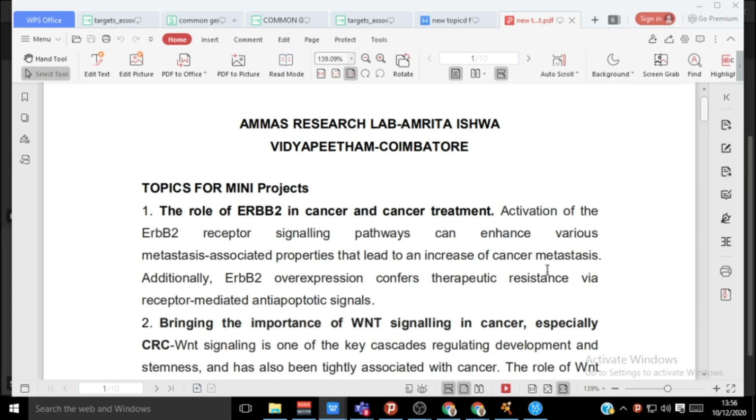The role of ERBB2 in cancer and cancer treatment. So what we have to do is, as mentioned, the activation of the ERBB2 receptor signaling pathway. So the pathway is going to be ERBB2. So this way, what we will do is, we will